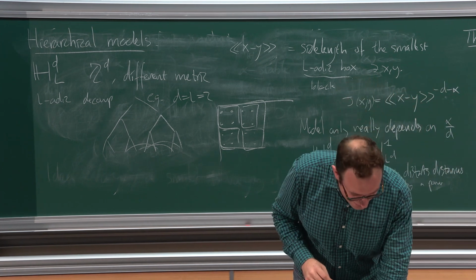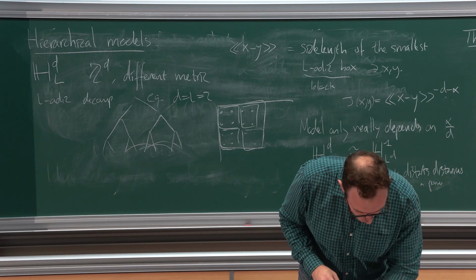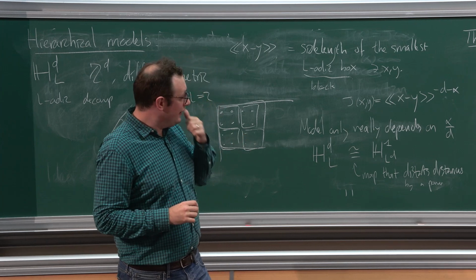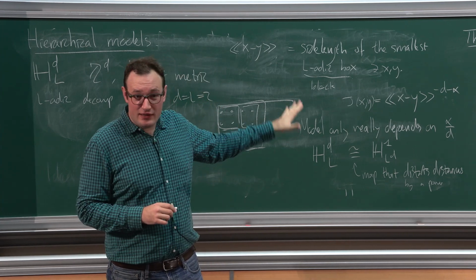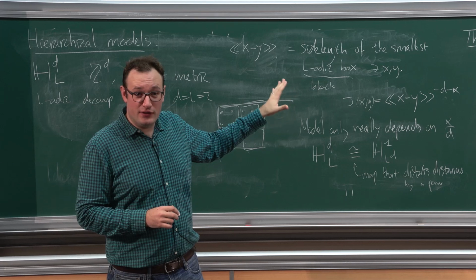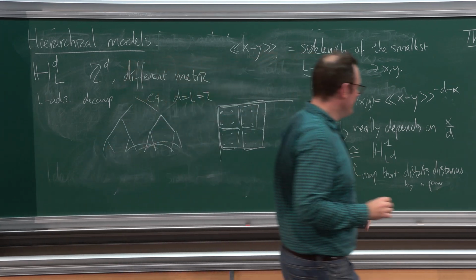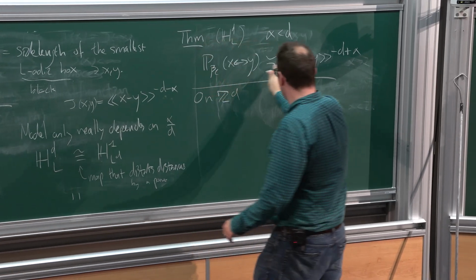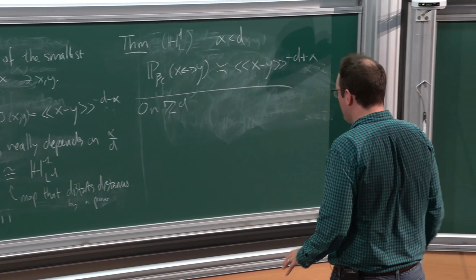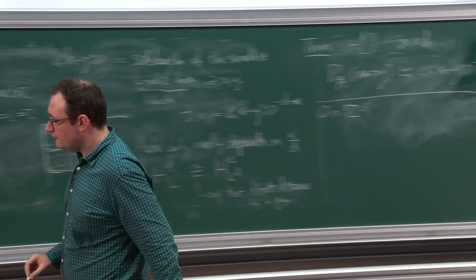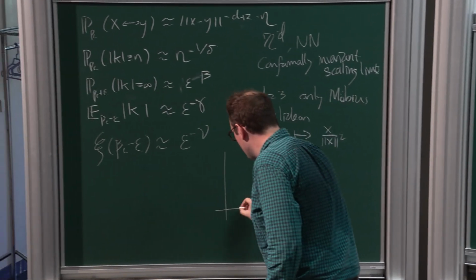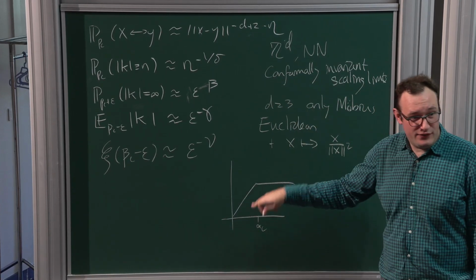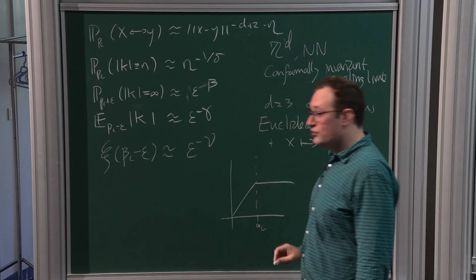I realize I'm nearly out of time for today, so maybe I'll just finish by saying what the status of these things about the two-point function are for long-range percolation on Z^d. And so one further point I want to make about this hierarchical thing. So, the SAC prediction is that the two-point function depends on alpha like this, and so you get these two different regimes.